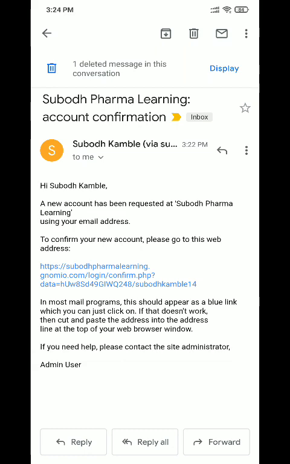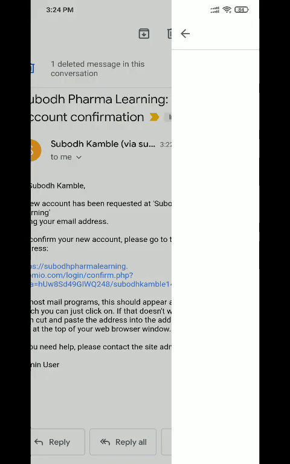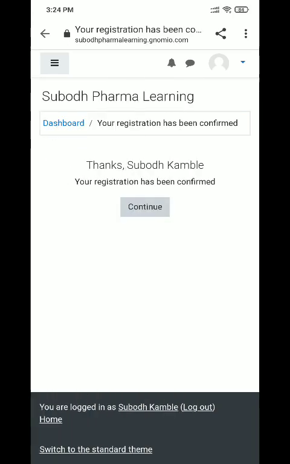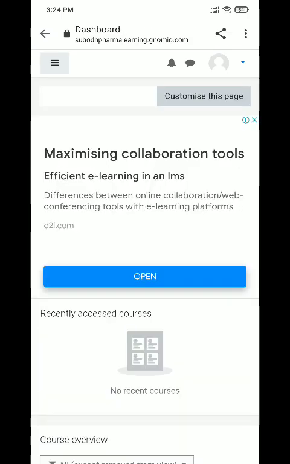Then click on the web address given in the email. After clicking on the link, the message appears that your registration has been confirmed. Then click continue. After clicking, the website opens with your login.